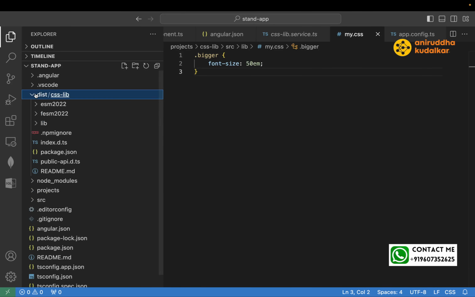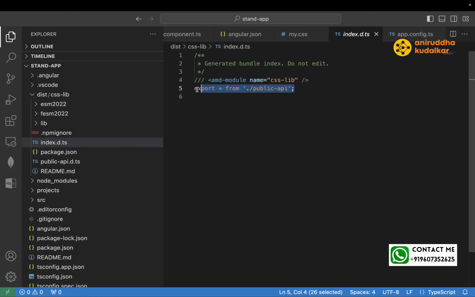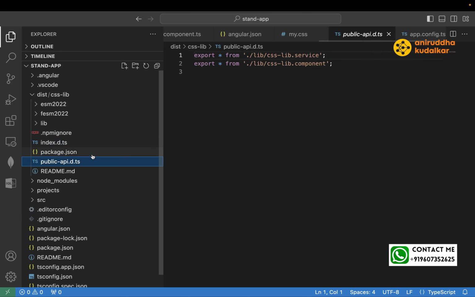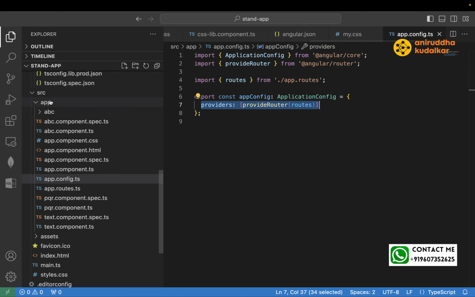Under the dist, that build would be getting generated. Can you see dist hyphen css lib? Okay. Export star from the public API. These things. Okay. Now in your application,